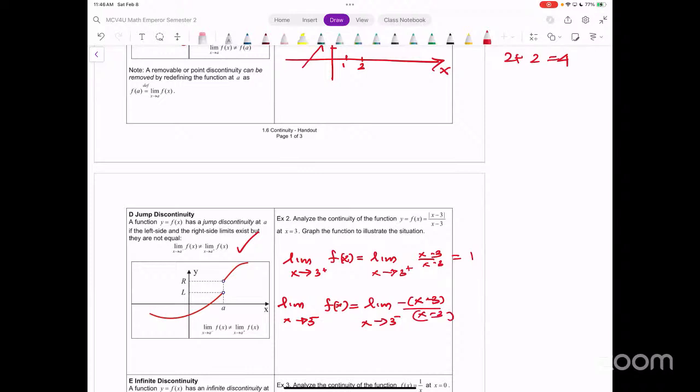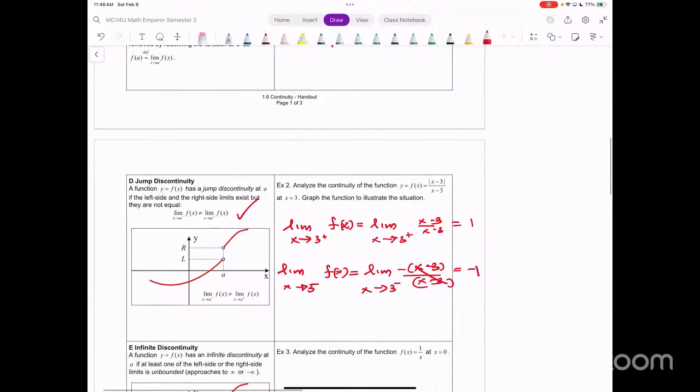We talk about the last class, this is -1. So what do we notice? Limit x approaches 3 plus f of x. Therefore,